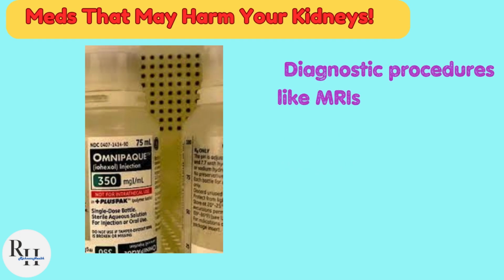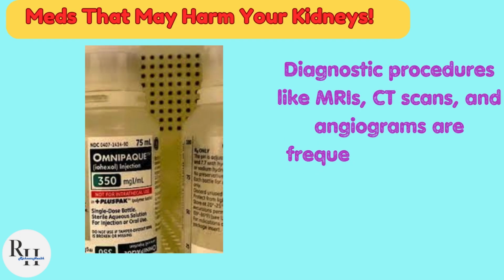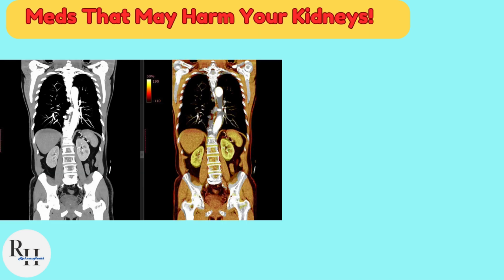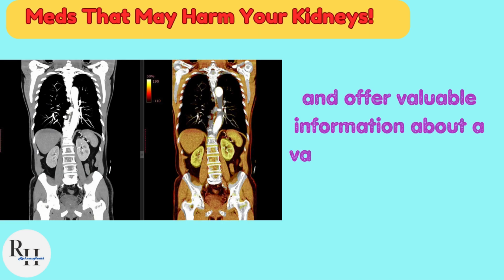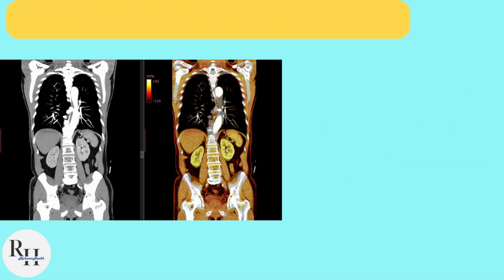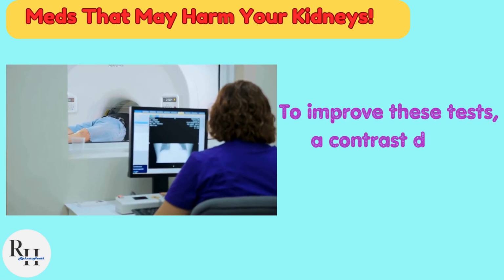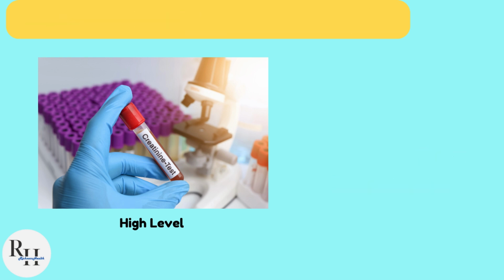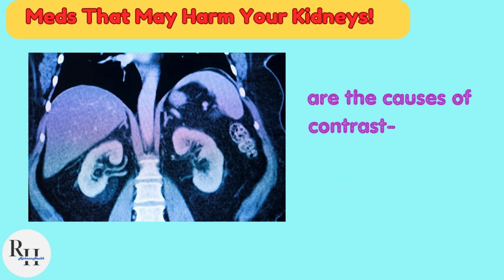Diagnostic procedures like MRIs, CT scans, and angiograms are frequently performed because they can aid in diagnosis and therapy and offer valuable information about a variety of illnesses or injuries. To improve these tests, a contrast dye is frequently required. Changes in renal hemodynamics and direct toxicity to renal tubular cells are the causes of contrast-induced nephropathy,